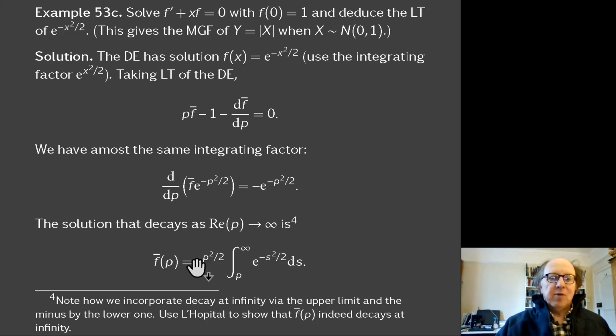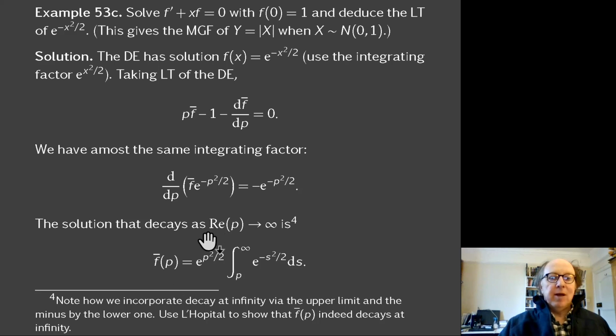And then to find the solution that decays at infinity, you just integrate this. What you'll do is use infinity as one of your limits of integration, and that will automatically make the function go to 0 when the other limit of integration, which has got to be p, tends to infinity. So you don't have to do any arbitrary constants that way. You just build in the boundary condition via your limit of integration. And by putting p as the lower limit, you automatically get this minus sign sorted out too.